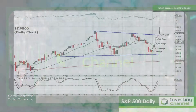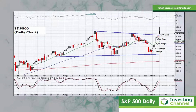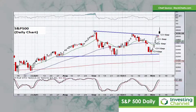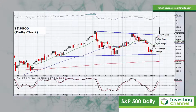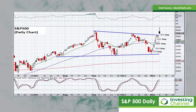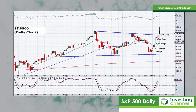So we start this week with a look at the daily chart of the S&P 500. What an interesting week it's been. As you can see on the chart, there are a whole lot of gaps that are labeled day after day. Pretty much we've had 5 days in a row, more or less, where the market has gapped up, and those gaps all remain open. Quite an unusual situation, and I think extremely unusual considering what many were expecting to happen